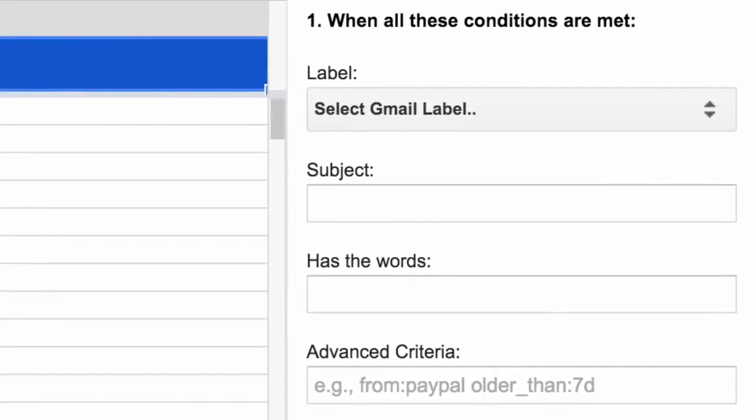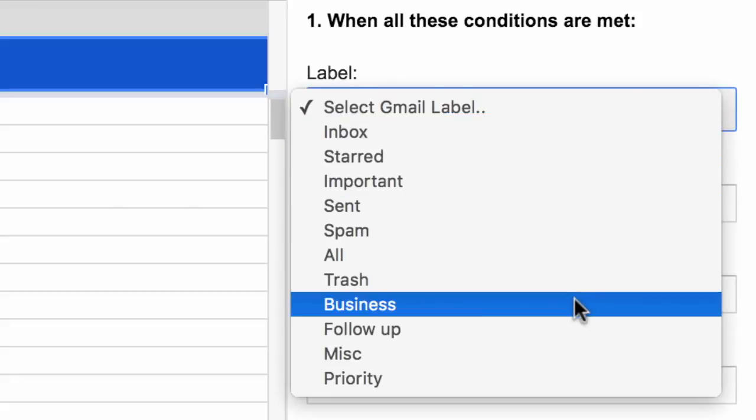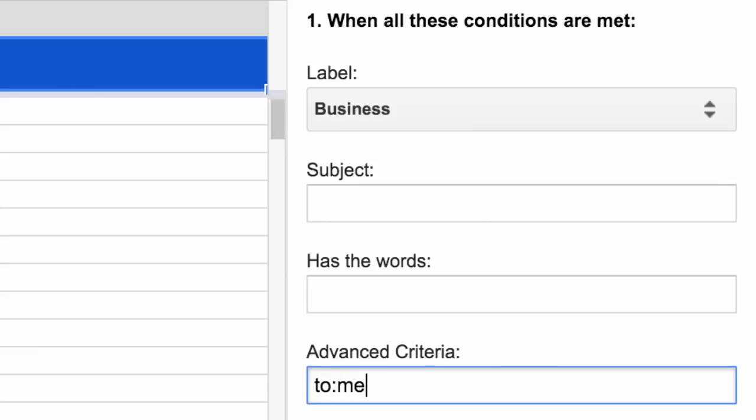The Email Extractor lets you pull emails from messages that belong to any particular label in Gmail, or you can even specify search queries and only matching emails will be extracted. Now this is important because if you have a really large mailbox, extraction may take some time. So you can specify a search query and only emails that match that search query will be extracted. For this example, we'll just focus on extracting emails that belong to the business label, and we move on to